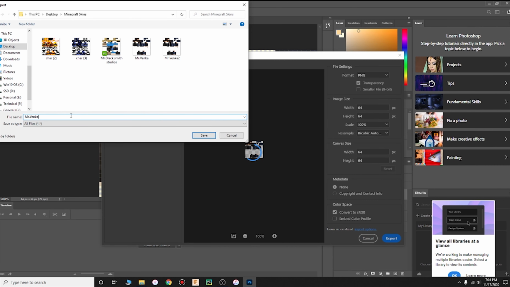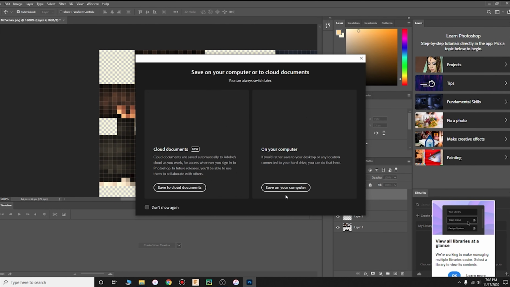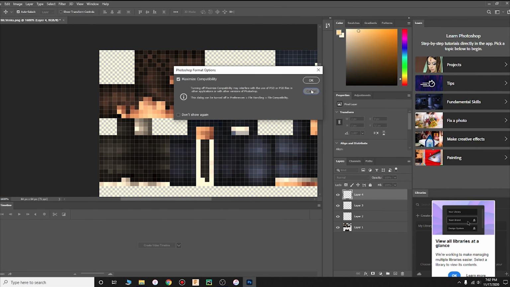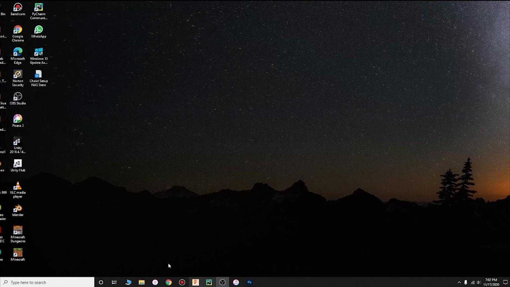Then let's call it Mr. Pinker 1231. Then export it, and if you close it and save it on your computer, then as you can see, if you go to your file, the eyes are blinked. So when you open up Blender,